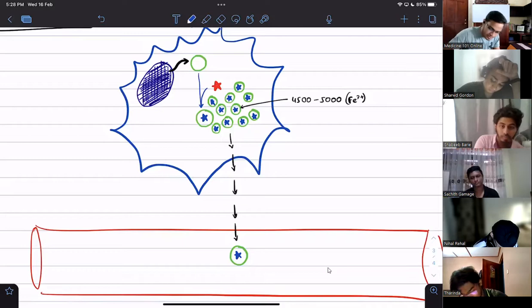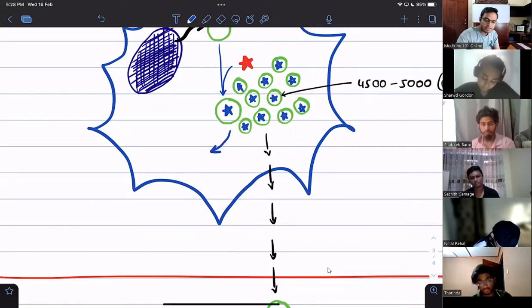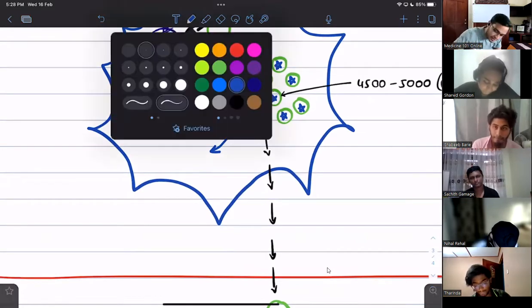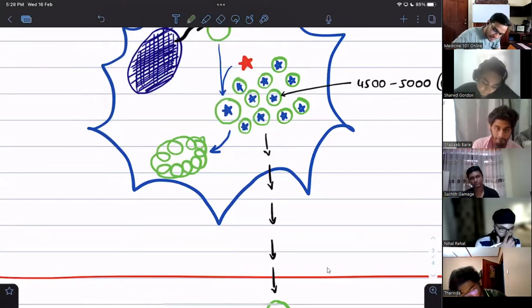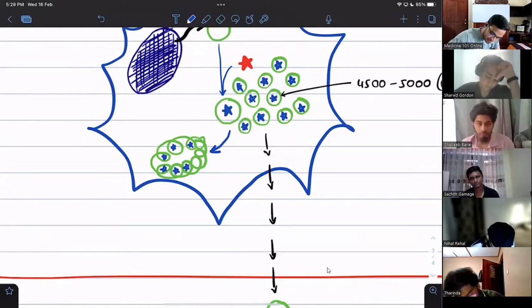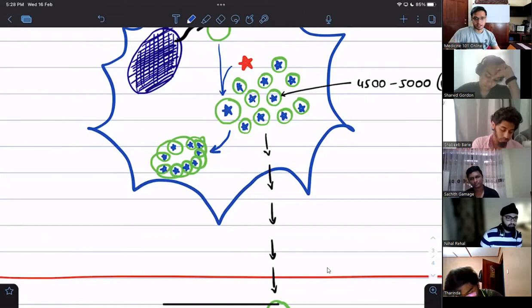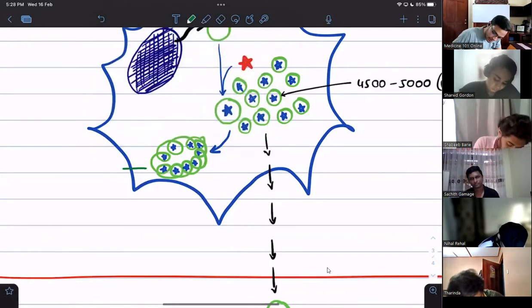What it does is, guys, you can draw another arrow somewhere this way, right? It starts accumulating all of these ferritins together. So it will start looking something like this. It forms clusters of ferritin. Again, who is in the middle? These ions are in the middle, ferrics. All these ferrics are in the middle. These ones are larger molecules, guys. These are much larger molecules and they are insoluble, right?